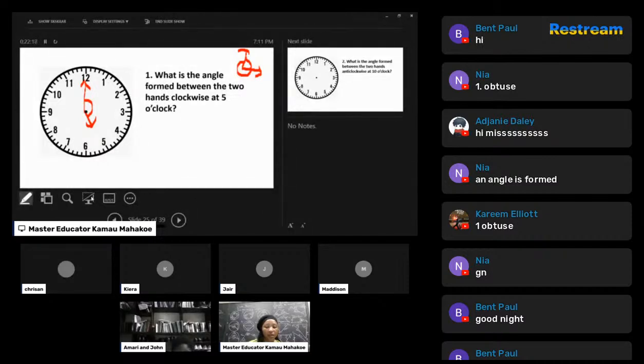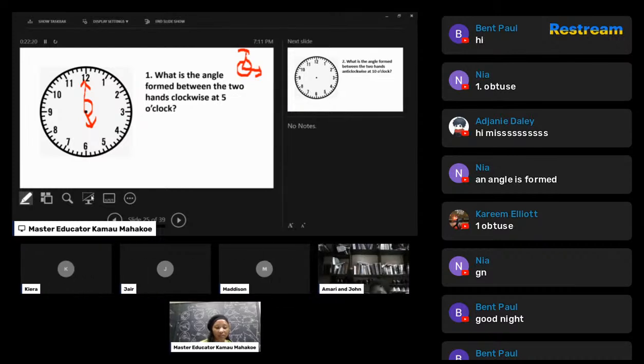Okay. So why are we multiplying it by 360 over 1? Because the full rotation would be 360. The face of the clock is circular, and the angles in a circle, from the center, add up to 360 degrees. Where does the 25 come from? It comes from the 5 on the clock.